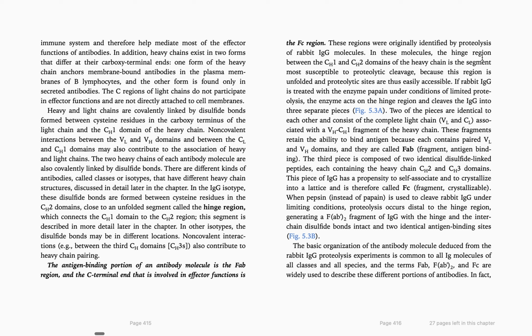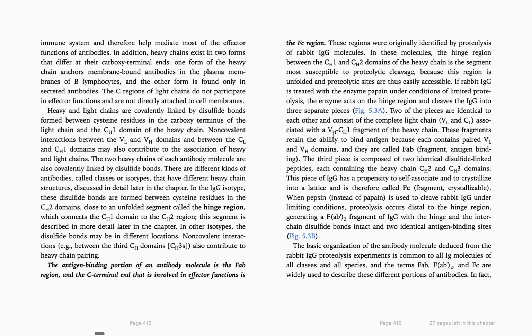In this molecule, the hinge region between the constant heavy chain 1 and constant heavy chain 2 domains of the heavy chain is the segment most susceptible to proteolytic cleavage, because this region is unfolded and proteolytic sites are easily accessible. If rabbit IgG is treated with the enzyme papain under conditions of limited proteolysis, the enzyme acts on the hinge region and cleaves the IgG into three separate pieces. Two of the pieces are identical to each other and consist of the complete light chain, variable light chain and constant light chain,